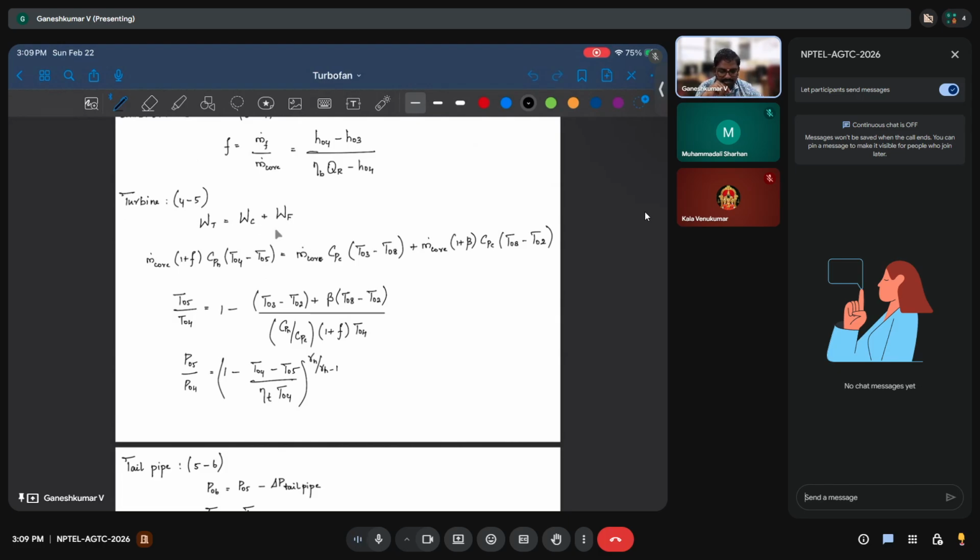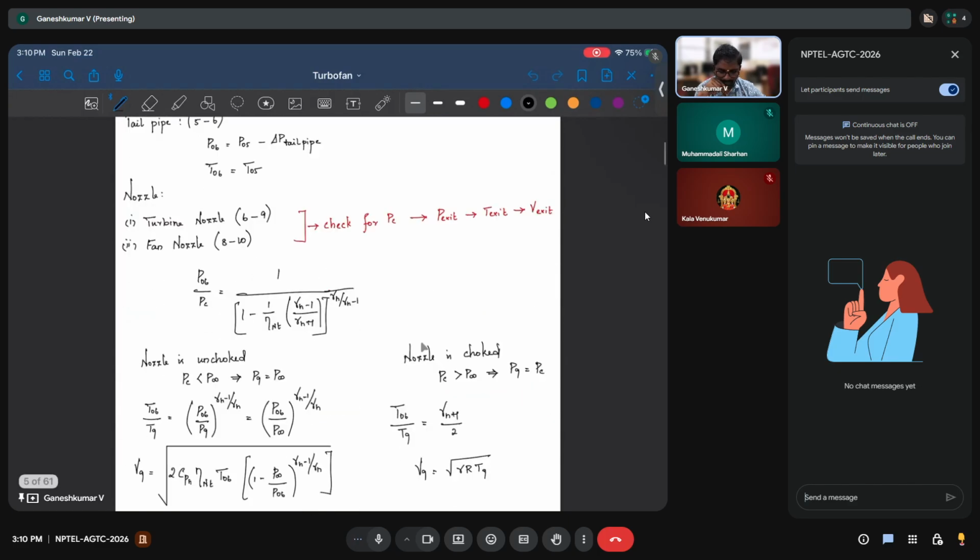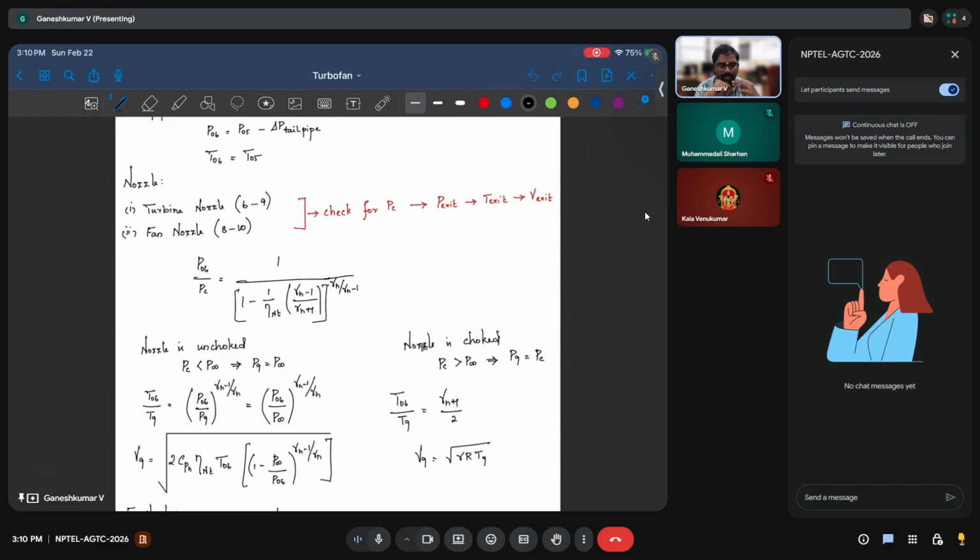So what you have is the energy balance will differ a little bit. The work done by the air on the turbine is actually used to compress the air in the compressor, and also it is used to compress the air in the fan. Okay, so we need to add two work done terms here while calculating the terminal temperatures of the turbine. And then you have two nozzles, so that's the main updates. One is fan, another is turbine. You have to add an additional work done term, and finally you need to additionally calculate